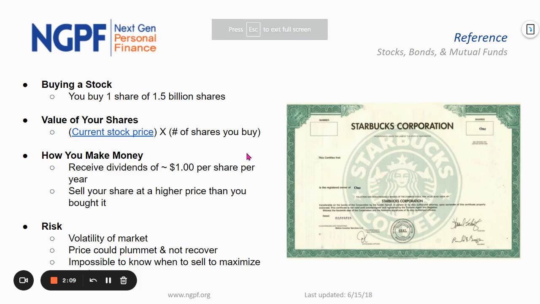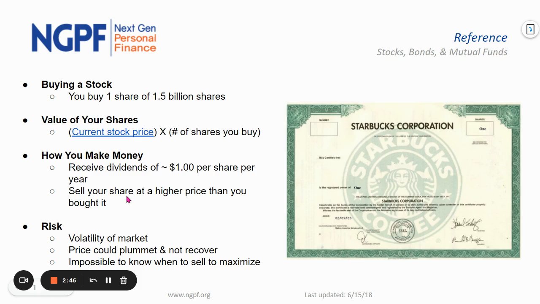So once you purchase your stocks, you've paid your money. Now, how do you actually get money back? So, two ways. If you have preferred stock, or you have stock that guarantees dividends, you can receive dividends, which is a share in the profits from that company. So if the company is profitable, you might get some money. So for this one, if you bought one share of Starbucks, you might get about $1 for every share that you purchased every year. So not a whole lot, but different stocks do have better dividends, and those can often be paid out as checks or direct deposits into your bank accounts.